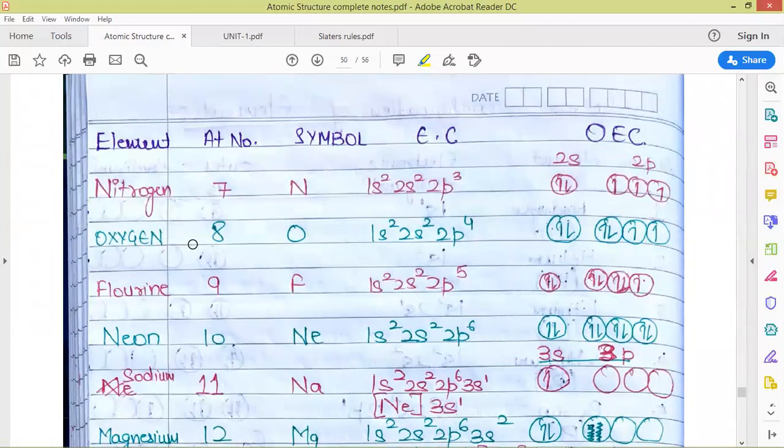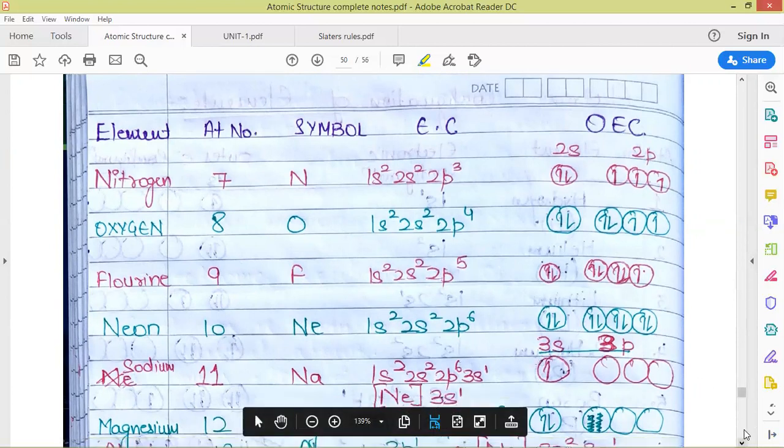Next is oxygen. So now the second definition is valid, that pairing will only take place when all the 3 orbitals, or all the orbitals of equal energy, are first filled singly with parallel spin. Then after that pairing will take place. So here the 8th electron which we are adding for oxygen, with the atomic number of 8, pairing will start from the 8th electron. So here is the pairing. Next is fluorine. Fluorine will occupy the second orbital out of the 2p orbitals, and this is the case of second pairing.